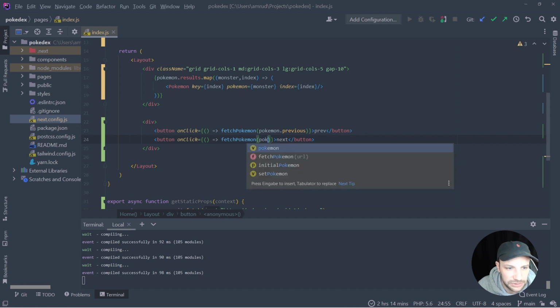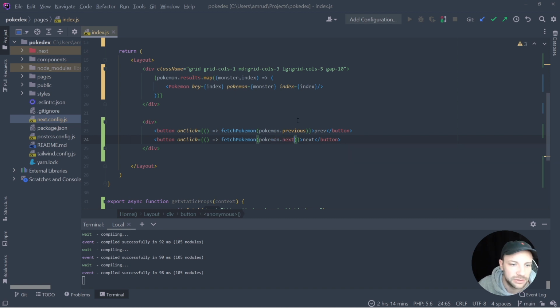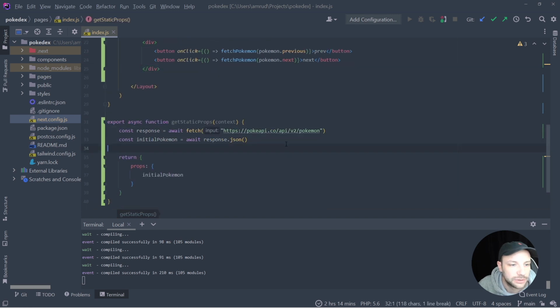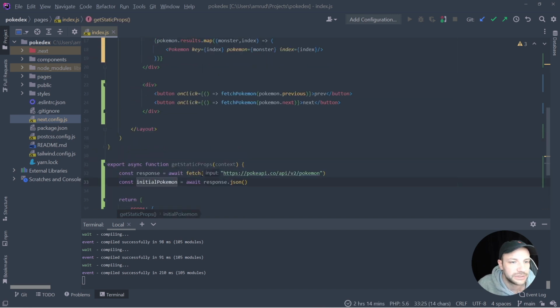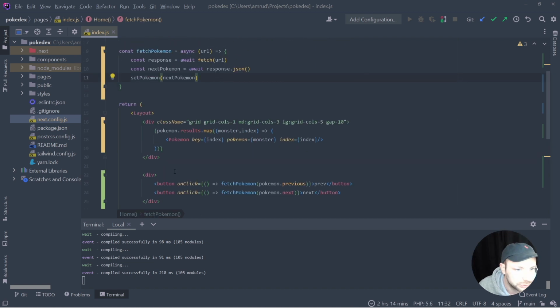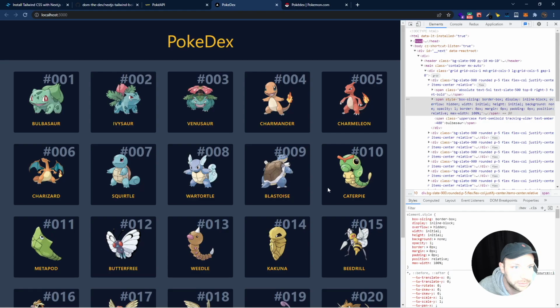And for the next, we're going to say Pokemon.next. So these are the two URLs we get from this fetch, and which is stored in this initial object. Okay, so now we can pass that. So back in our application,